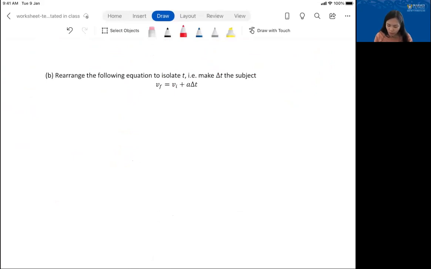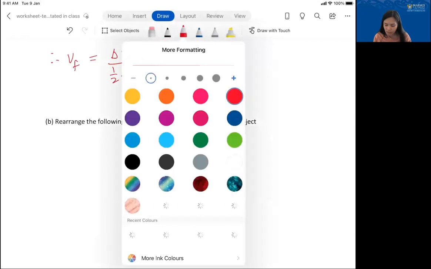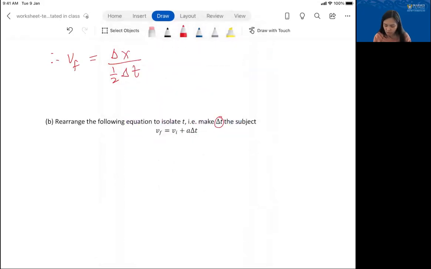So we want to isolate delta T. So delta T is tied up with A and VI via the multiplication and the addition there. So if I subtract both sides, let me just write the equation again. So if I subtract both sides,